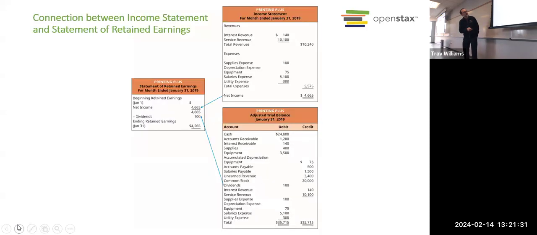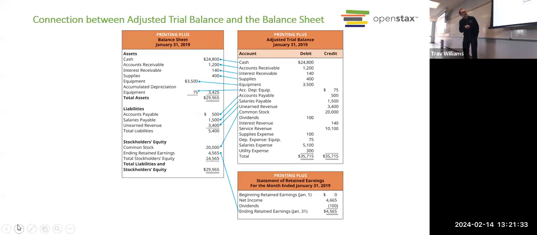In fact, I probably should just go the other way. I think we will see right here. So from the trial balance, we have our asset accounts, including our contra asset accumulated depreciation account. We have our liabilities. We have common stock. And that's it. Because the rest of these went on the income statement or statement of retained earnings. So all of that information we needed to fill out the balance sheet came from the trial balance.